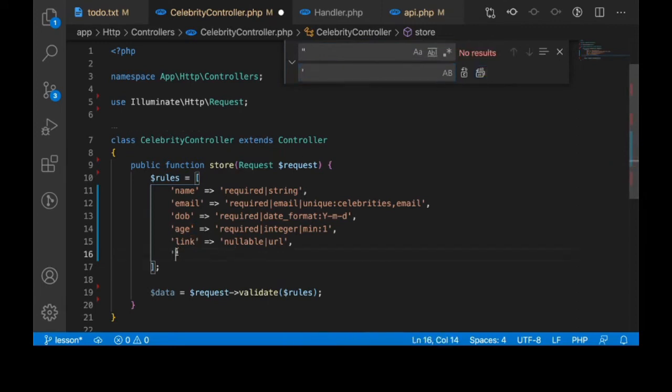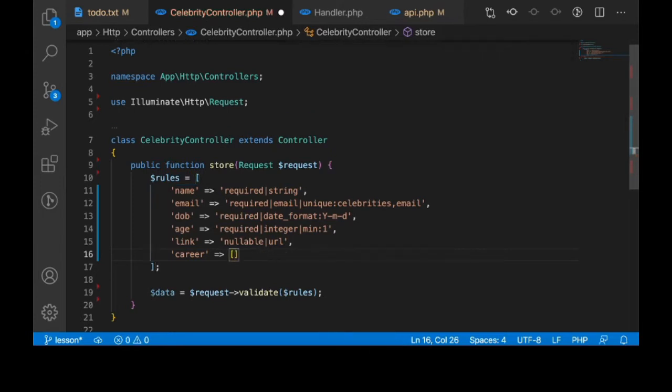So the next thing to check here will be career. We say that career is required, and we're going to use a different kind of rule here. So for that, I'll use an array. Remember, you can use the array format as I'm about to use, or use the string format like this. It doesn't matter, whichever one, they all work the same way. So career is required,